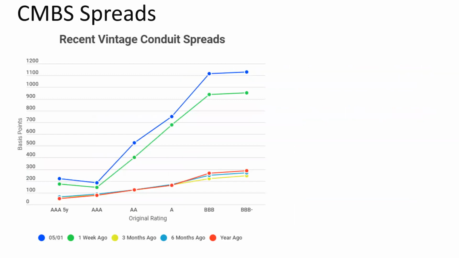And here's just a snapshot of how CMBS works. Essentially they take a group of loans and then securitize them into different pieces. And you can buy any of these pieces. They can be AAA rated all the way down to triple B. And securitizations basically don't work if your triple B spreads go too high. And that's what happened in the last, I would say, month or so. And so it's been very difficult for CMBS loans to get securitized, which means people don't want to do those loans. So that's why I didn't really talk about CMBS too much in the initial slides.